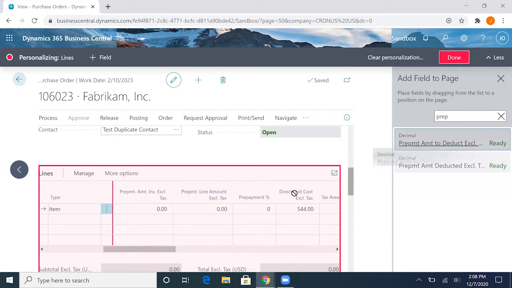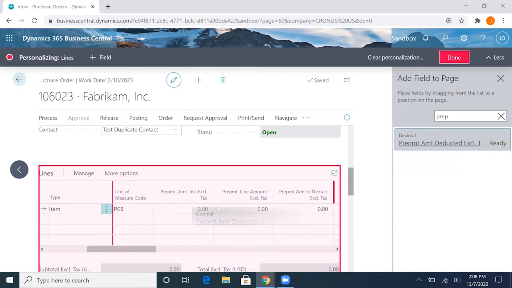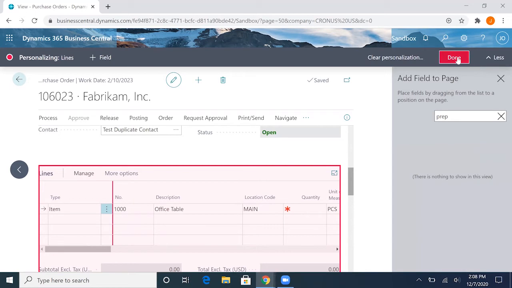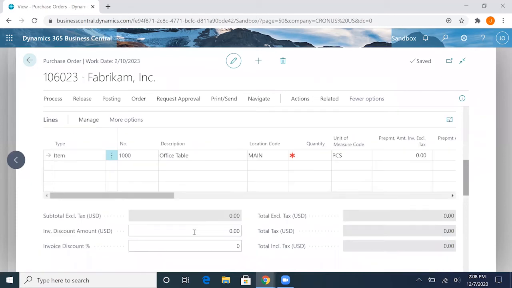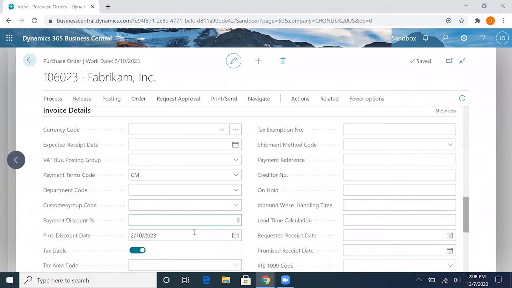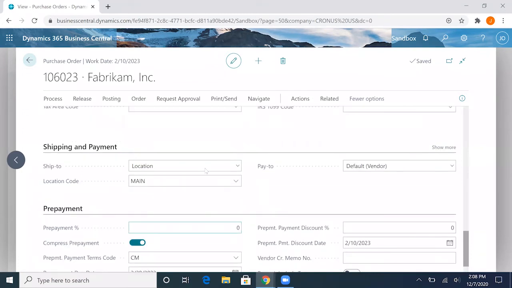So this is our prepayment amount to deduct excluding tax, prepayment amount excluding tax. And then finally, let's just drag this over here. Now that we have these fields in our lines, there are two ways to set up the prepayments. They are percentage based. So if we go ahead and apply it at a header level, and let's say